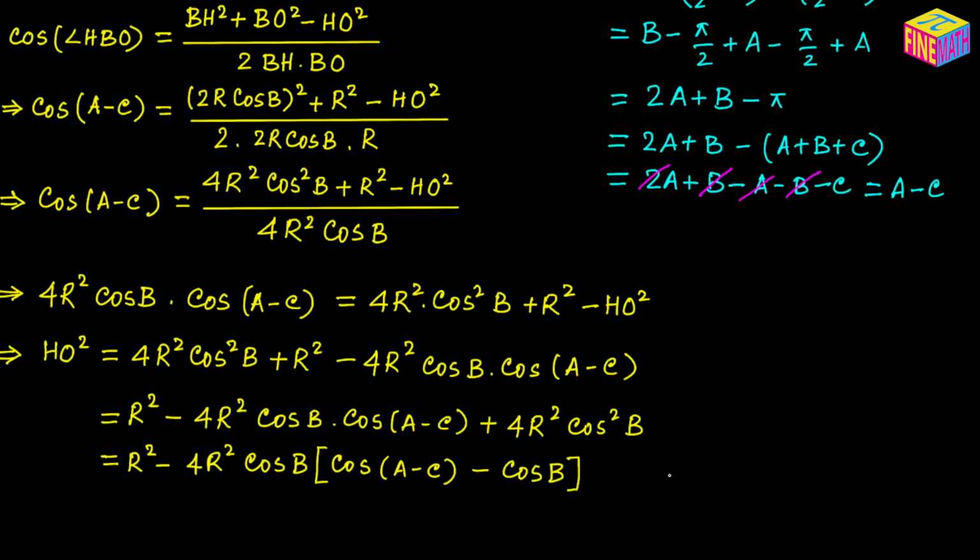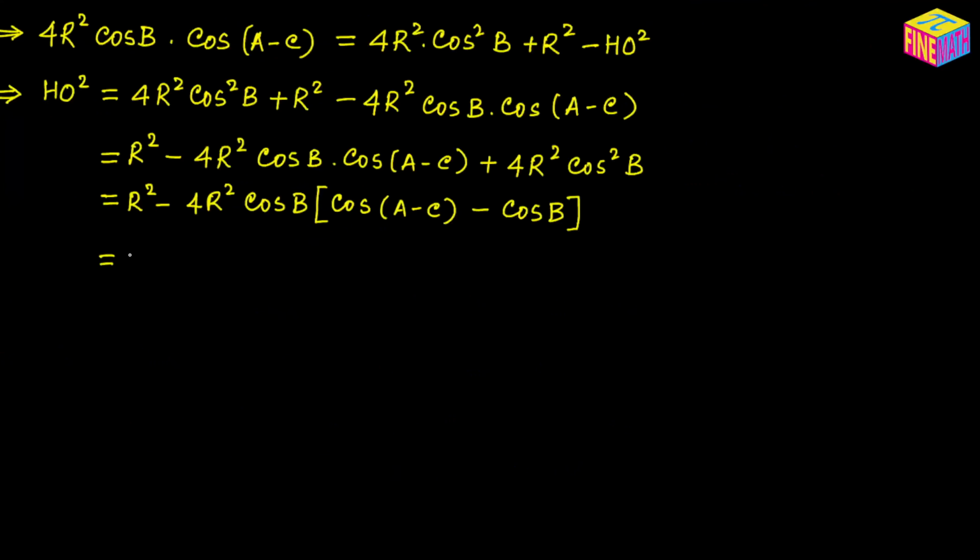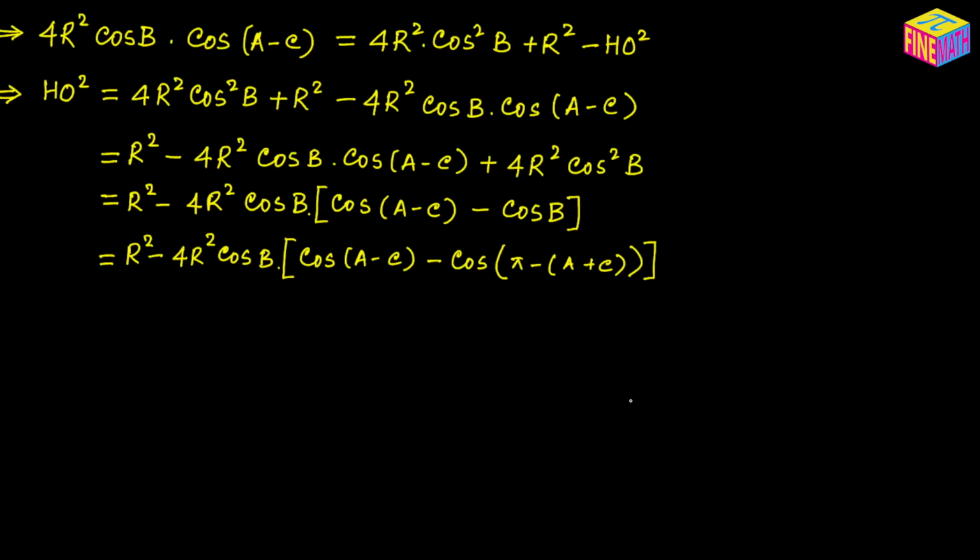And next what we are going to do, we are going to replace B with pi minus A plus C. So this can be written as R squared minus 4 times R squared times cosine of B times, within the bracket we are going to keep cosine of A minus C, and then minus cosine of, in place of B I am going to write pi minus A plus C, because you know that A plus B plus C is equal to pi radian, so B can be expressed as pi minus the sum of the other two angles. And from here then let's keep R squared as is, and then minus 4 times R squared times cosine of B, and then within the bracket we are going to have cosine of A minus C, and then